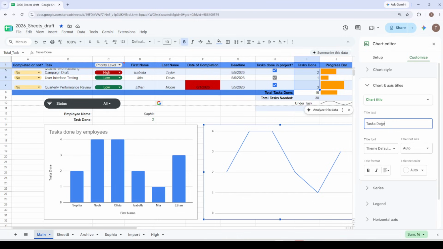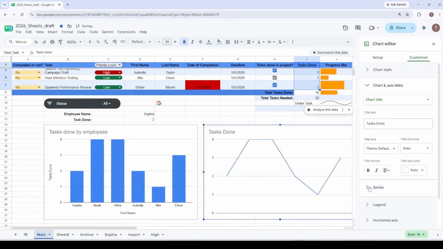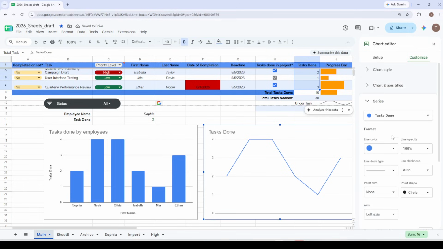After that, I usually adjust the line color because the default blue can be a little weak. In the Customize tab, click Series. Click the line color swatch and pick a darker color. You can also raise the point size to make each month easier to see. The chart updates with every change, so you can experiment without closing anything, and because the chart is tied to